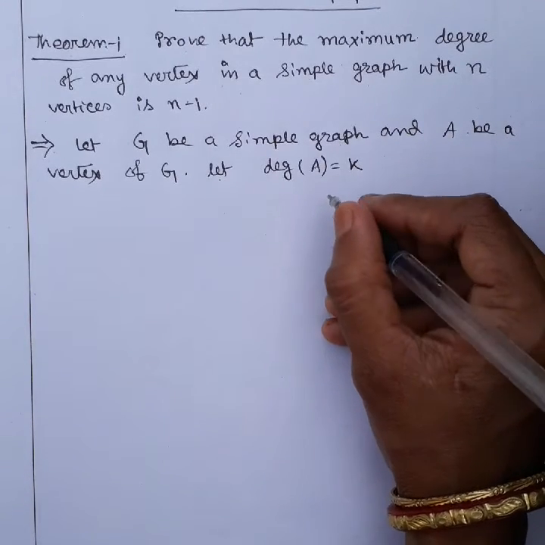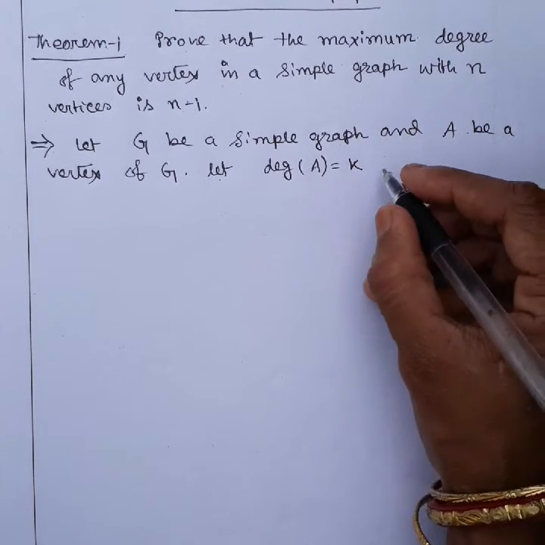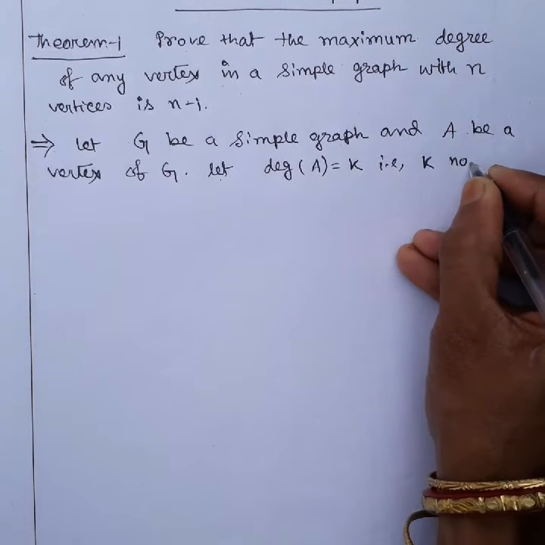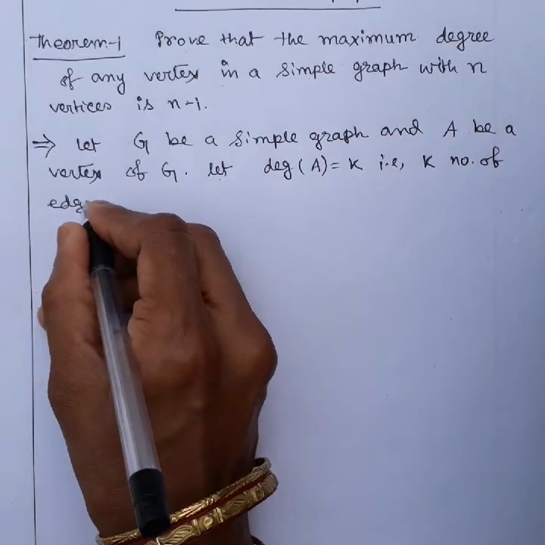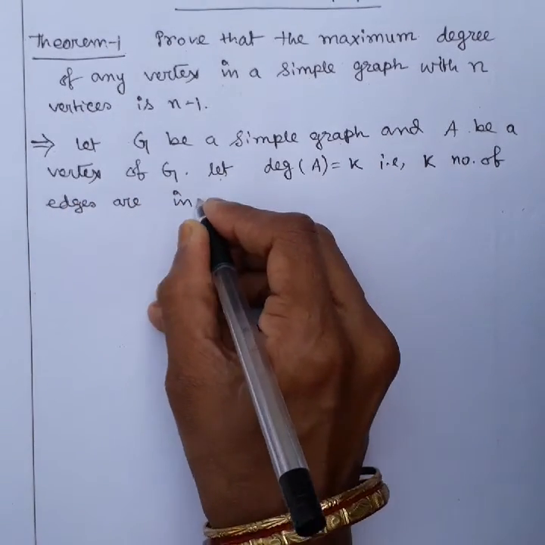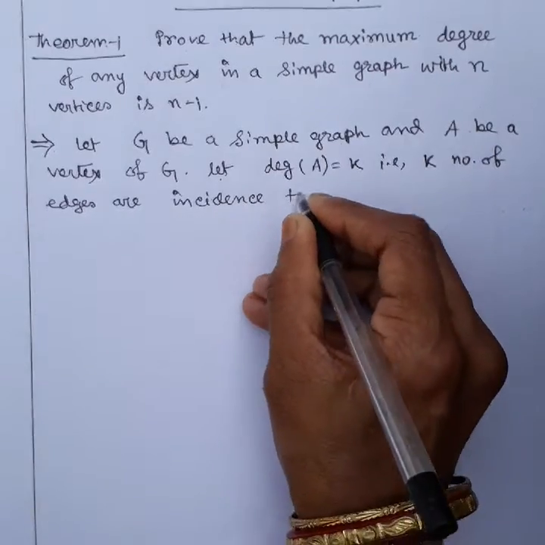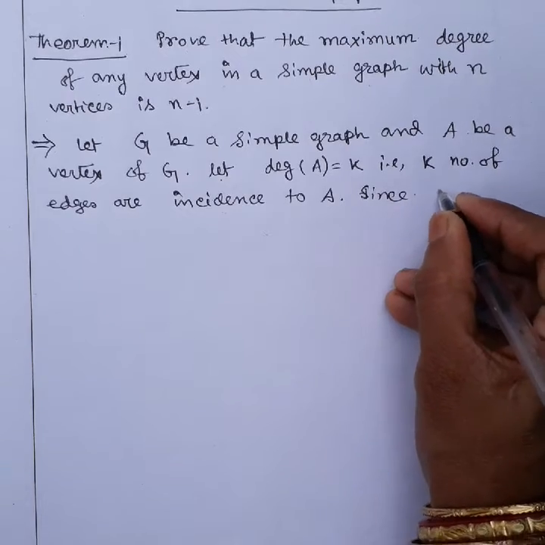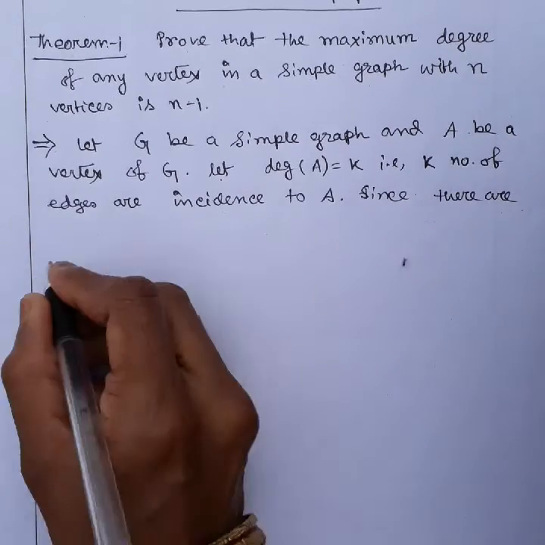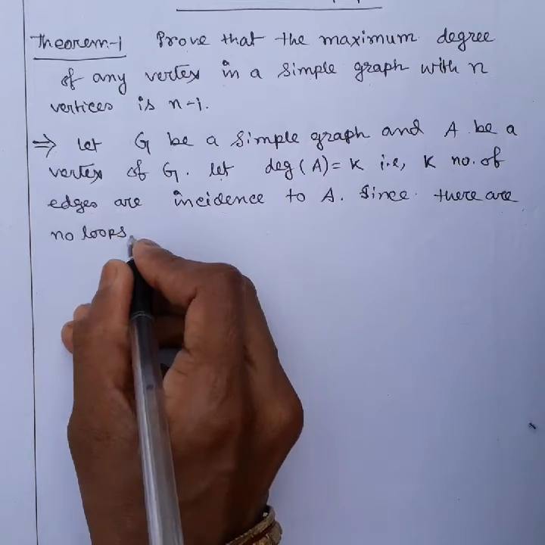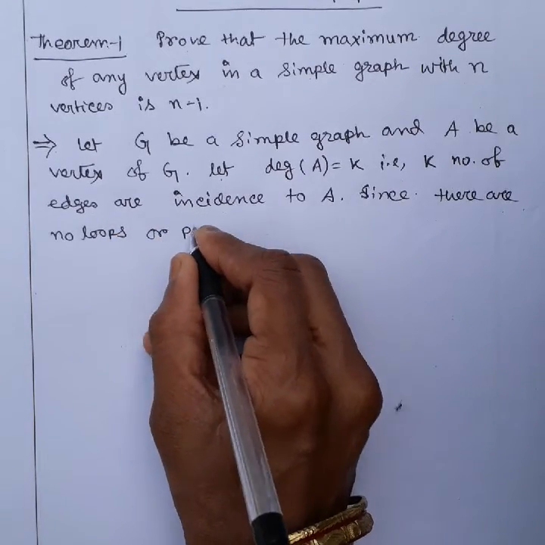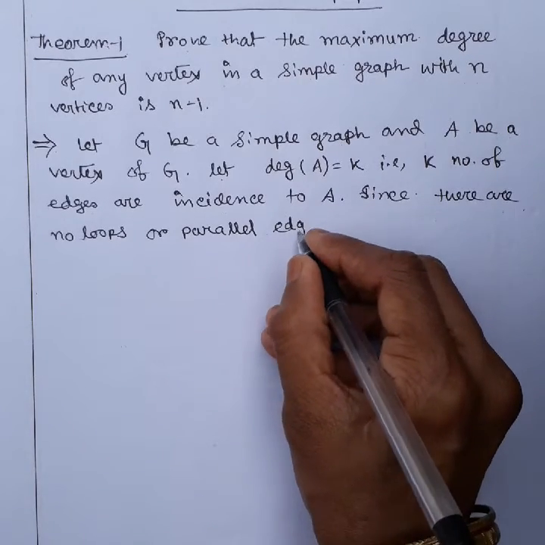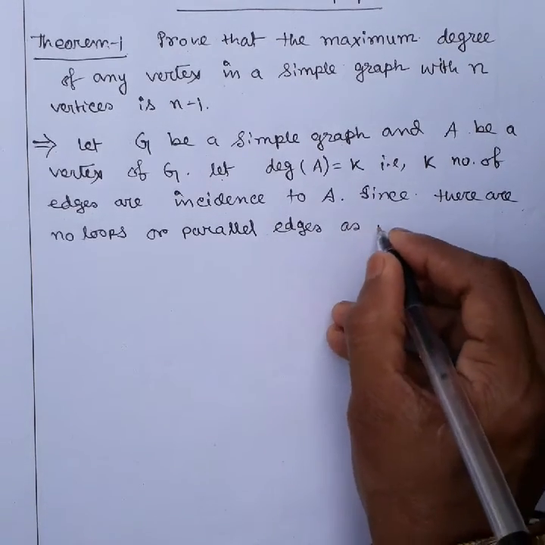That means k number of edges are incident to capital A. Since there are no loops or parallel edges, as it is a simple graph,